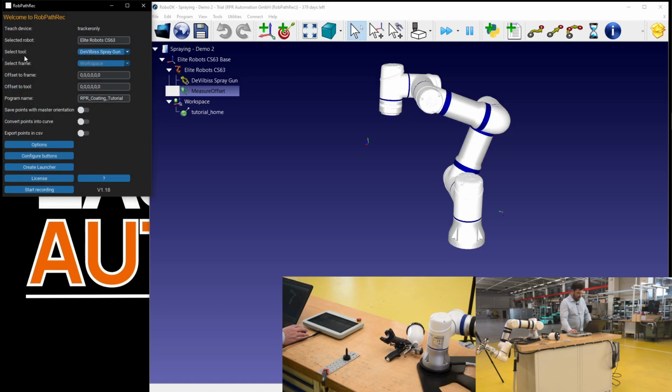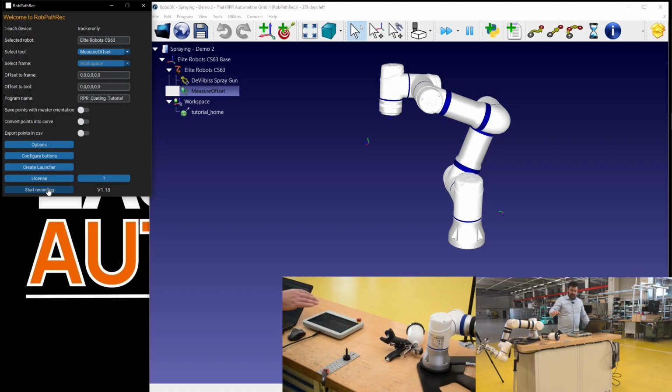You can see here, and this is very important, the tool which is selected at the moment is the automatic spray gun. So I select the measure offset tool. The teach device is Tracker Only, the tool is the measure offset tool, and I will hit start recording. Why will I do this?